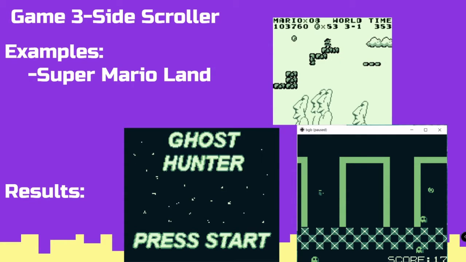Moving on to game 3, where we were required to make a side-scrolling game. A great example of a side-scrolling game is Super Mario Land. We posted a small little picture for reference, but going back to our game, which we named Ghost Hunter, as you see on the bottom left picture, the objective to Ghost Hunter was that there was incoming ghosts that you